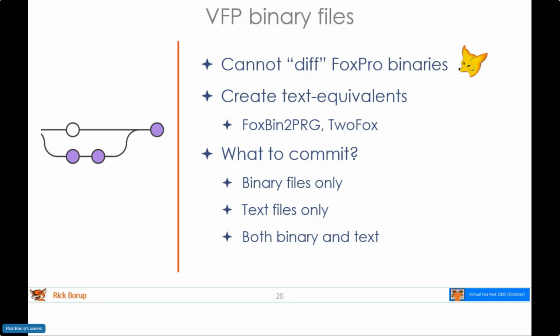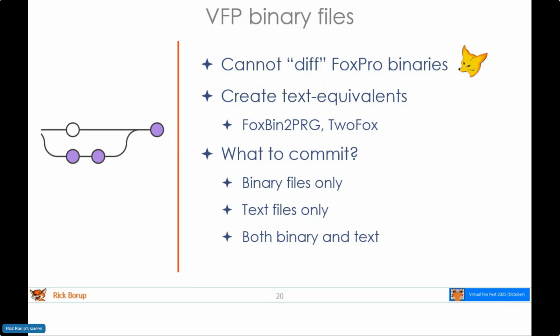They're compressed, and binary files don't compress very well. So if you do include binary files, that's going to increase the size of your repository. If you commit only the text files, your repository will remain physically smaller, not to mention fewer actual objects being committed. But the downside there is that you have to regenerate the binaries before you can work on anything in